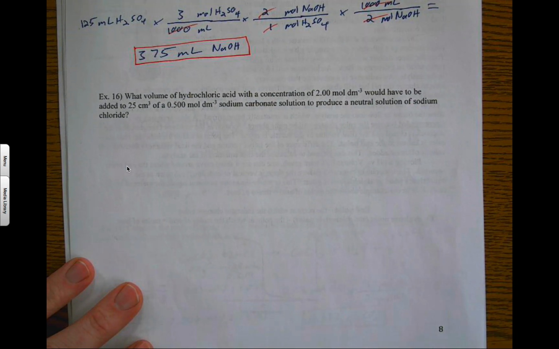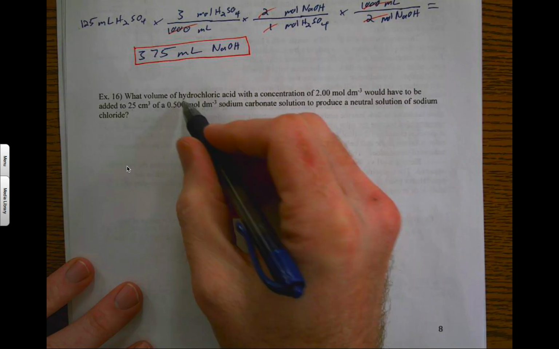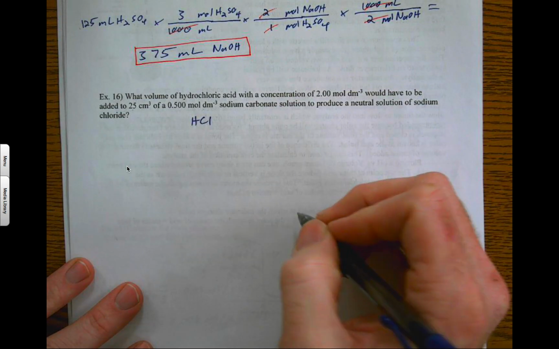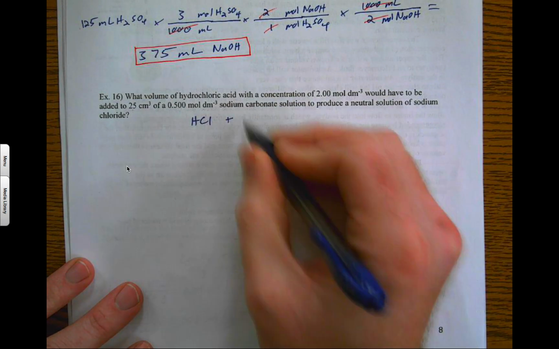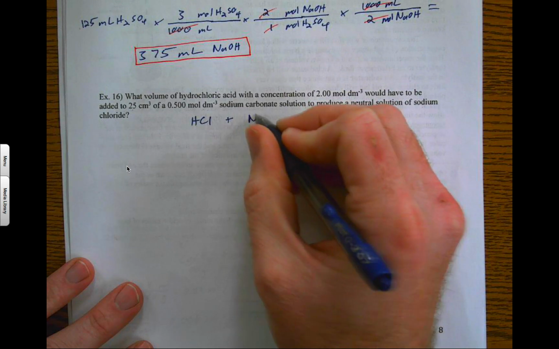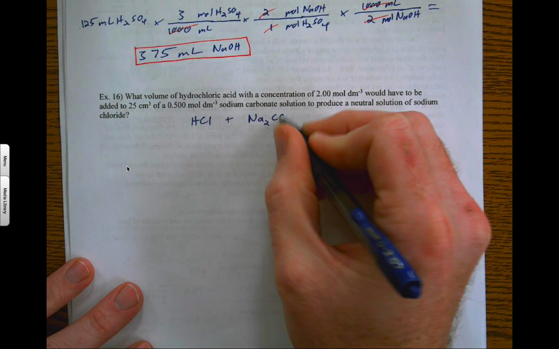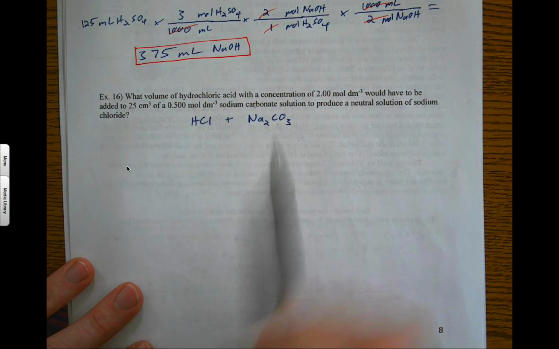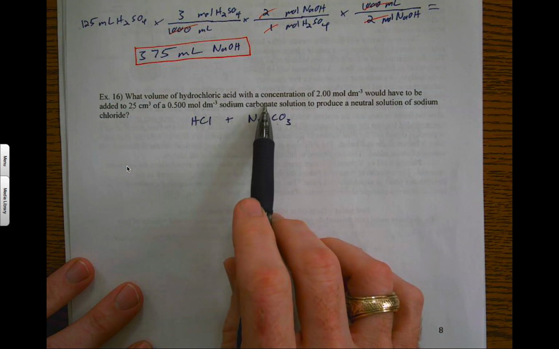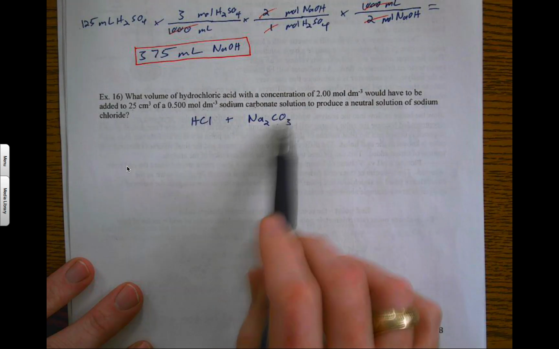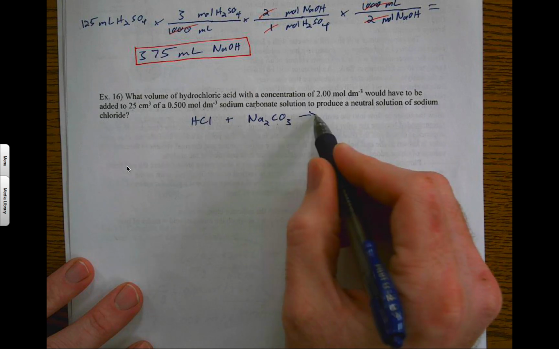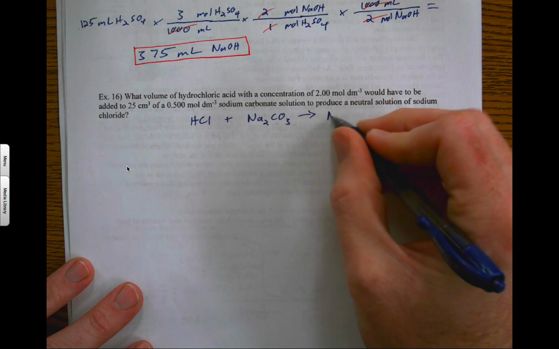So let's start with an equation. It asks for what volume of hydrochloric acid would have to be added to sodium carbonate. Knowing the correct formulas is critical here, as you can tell. So you need to know that carbonate is a -2 ion, so you need 2 sodiums here. And then it makes sodium chloride,